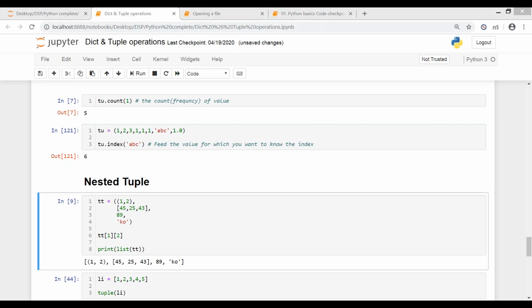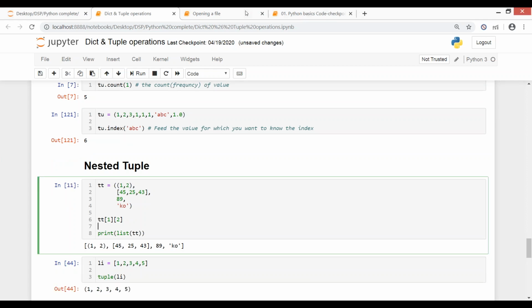You can make it a set. You can make it a list. You cannot make it a dictionary, because in a dictionary you need a key value pair. So set and list are good to go with tuple, but not dictionaries. Any confusion so far? Any questions?